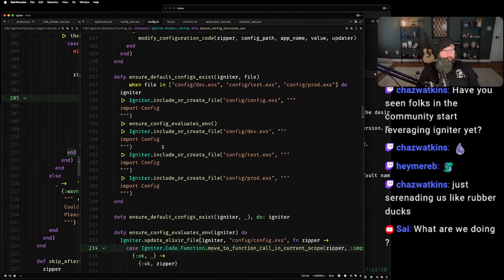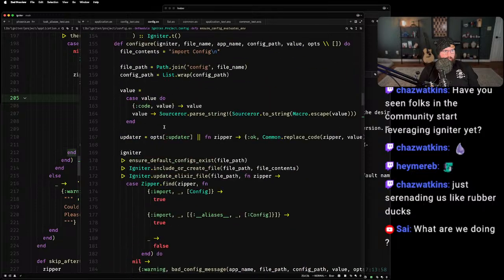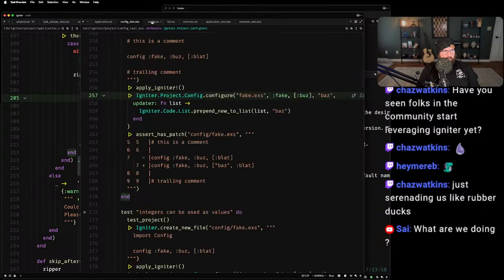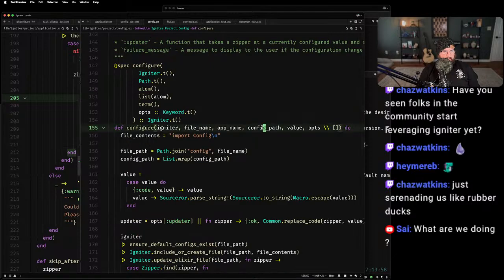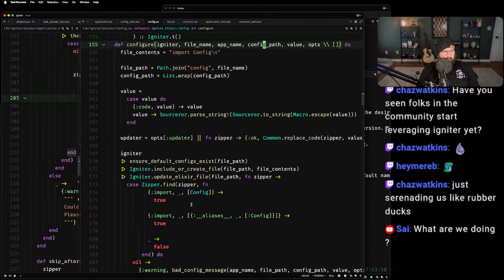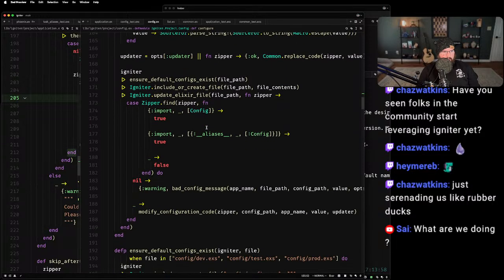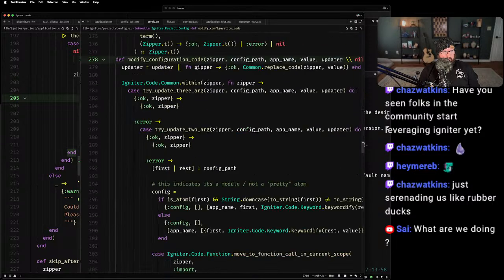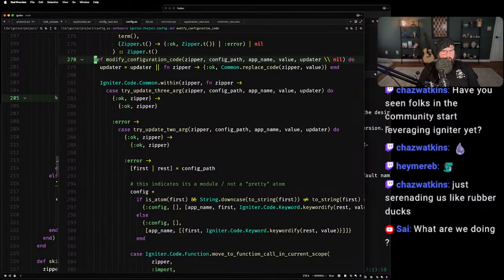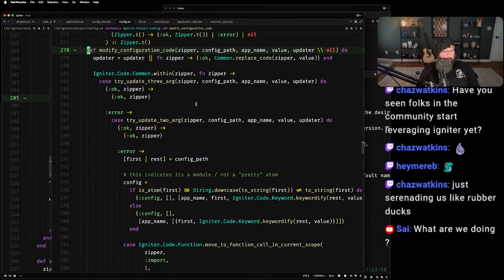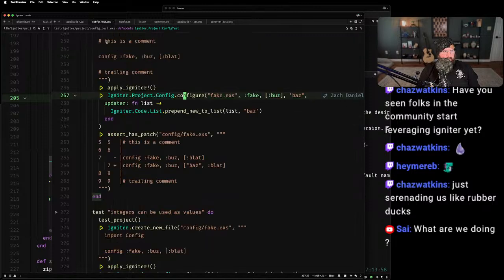Okay, so in here, in our test it's failing, we're calling configure with a single argument path, this is config path, and then we're gonna say update Elixir file, modify configuration code. And in here, okay, one of these try functions should be matching, and based on the test, it's gonna be the toarg.